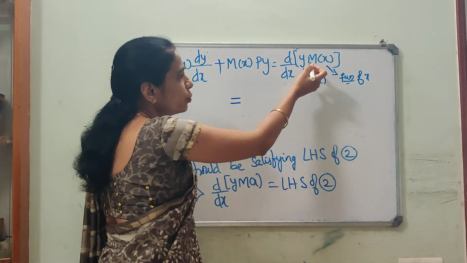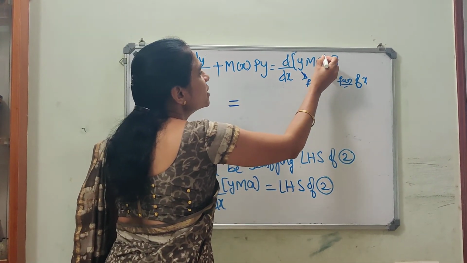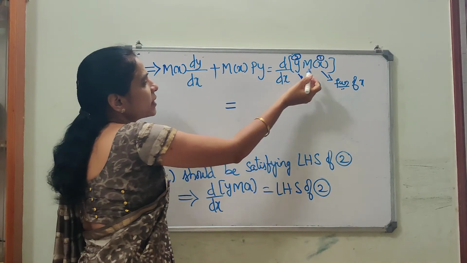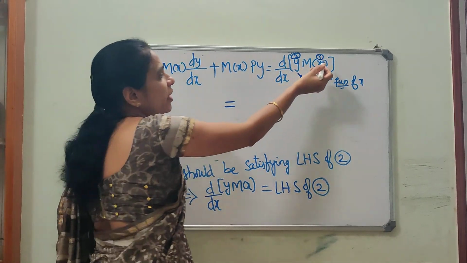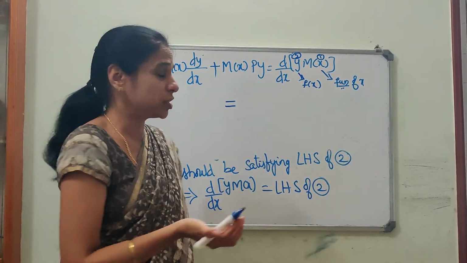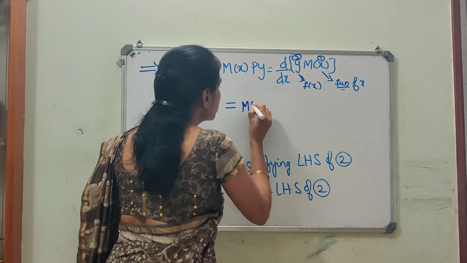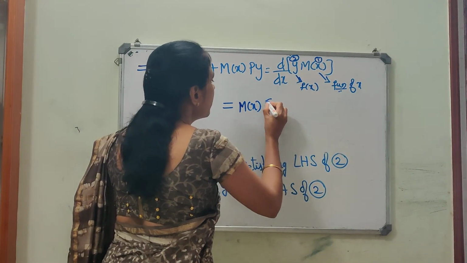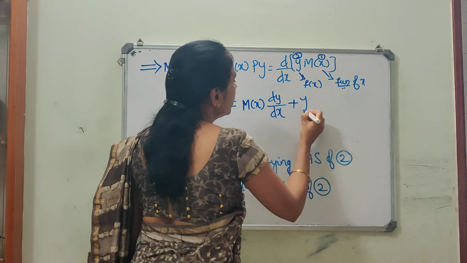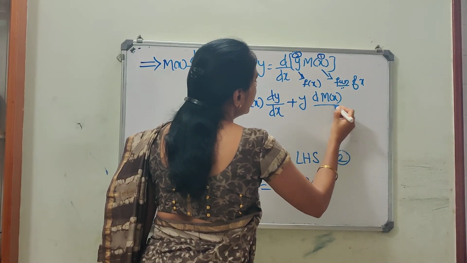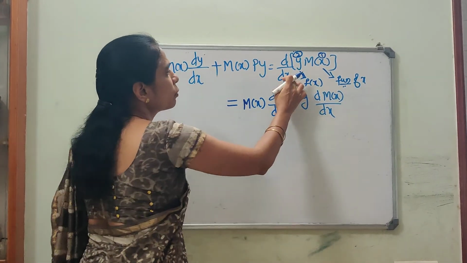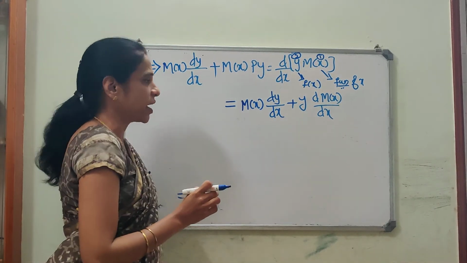See here what you should do, you just apply the product rule. Let me call this the first function and this the second function, just to match with the terms. The first term starts with m of x into dy by dx, so I have taken m of x as the first term. You can do it with the other terms also, because we know commutativity holds for addition. So you can write this, just applying the product rule, as m of x into dy by dx plus y into dm of x by dx. This gives you the product rule of the RHS of the equation we have written here.